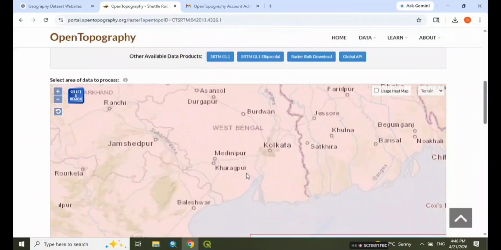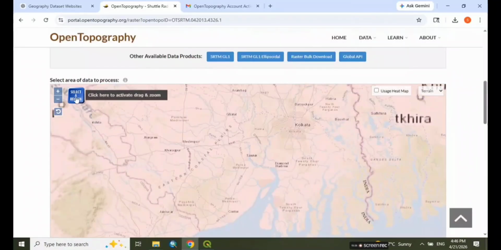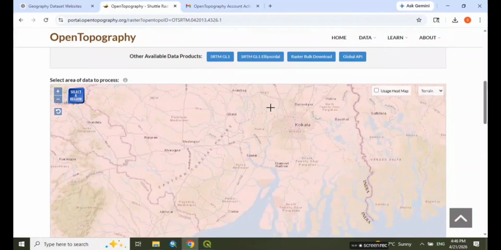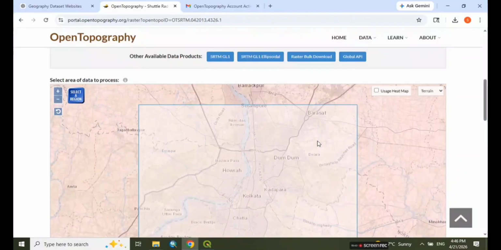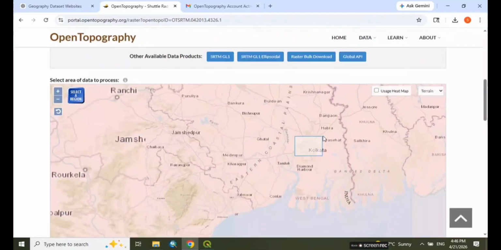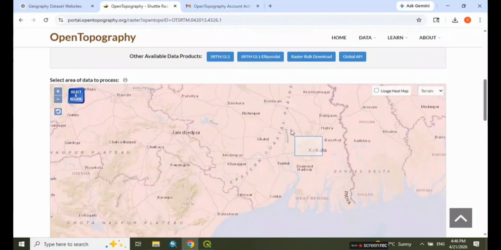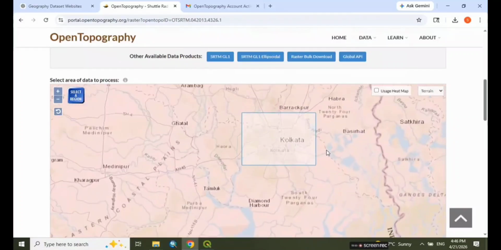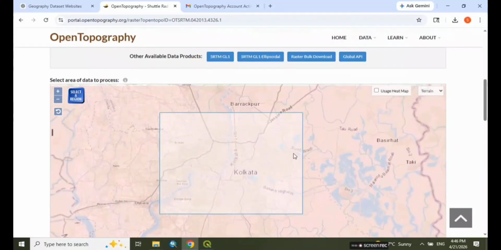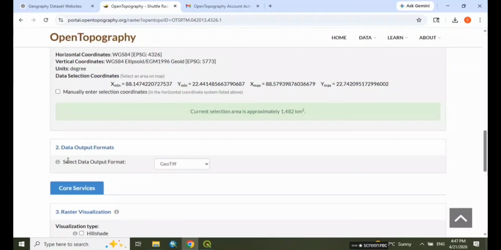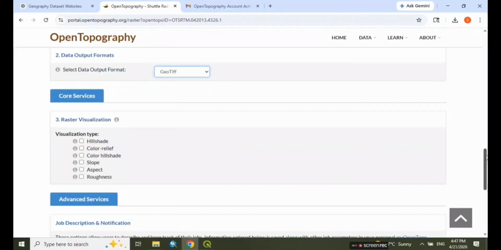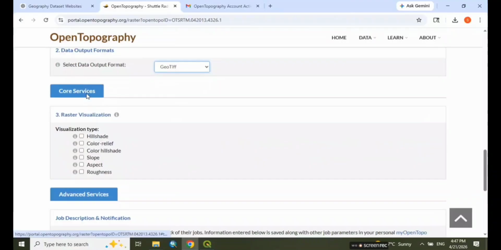And further, you have to select your area of interest from the Select a Region option. And you can see your location coordinates are automatically showing. You can also put the coordinates manually, and further select the data output format as GeoTIFF, and the visualization type as per your requirement,